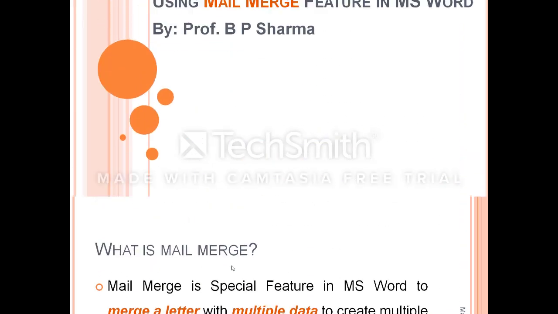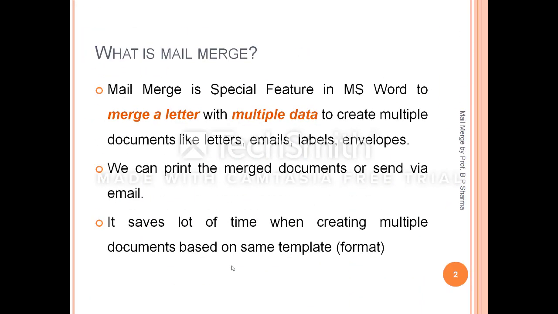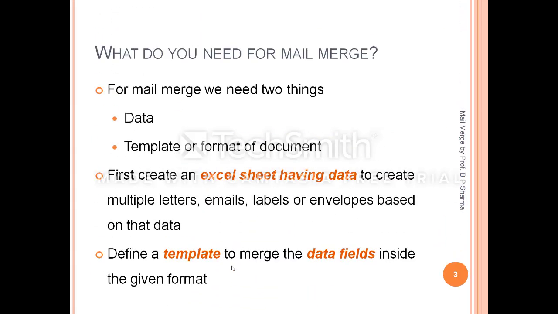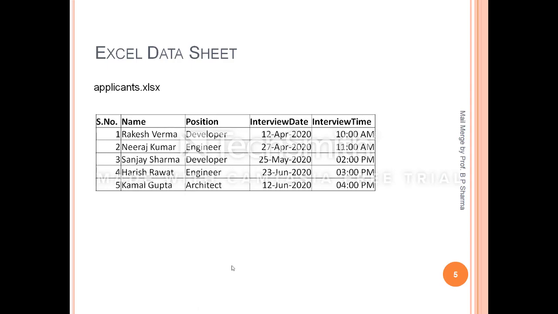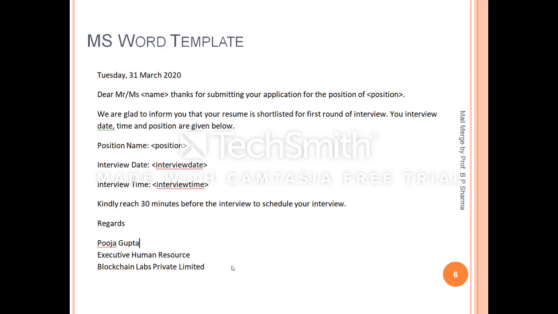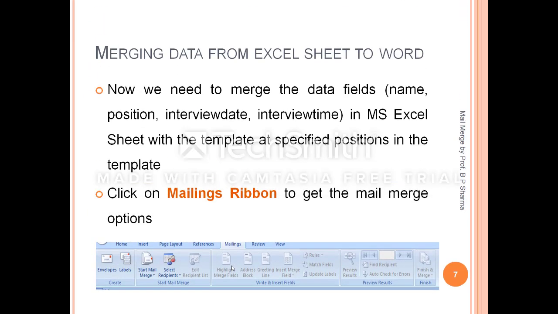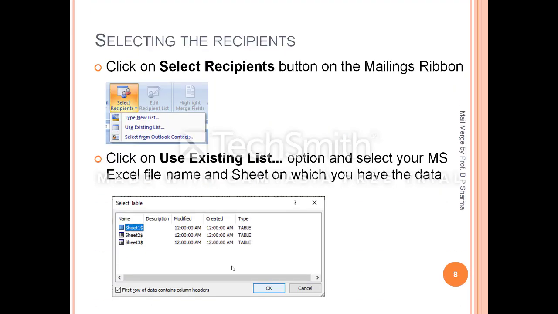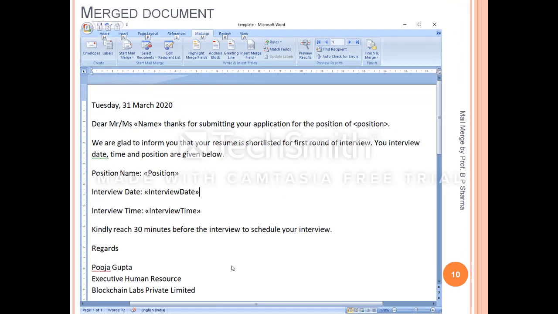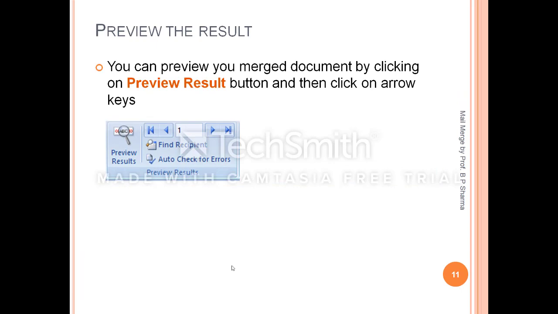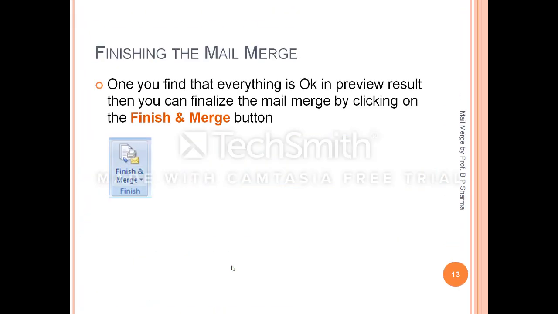So the thing is how to start. This is the first thing, you create some data. This is the feature, merging the letter with the data. We must have some data and the template. The data will contain some real data in an Excel sheet. Then we have the template. So we can replace the data in the template. For that we need to select the recipients, then use an existing list, insert merge fields like this, and then we go to Preview Results, and finally we can just say